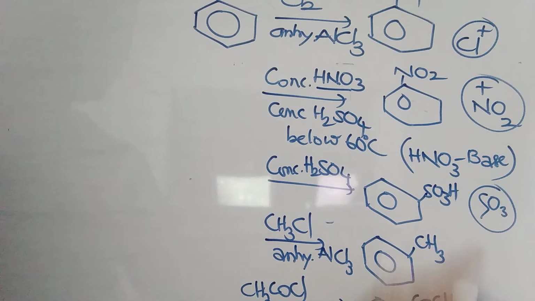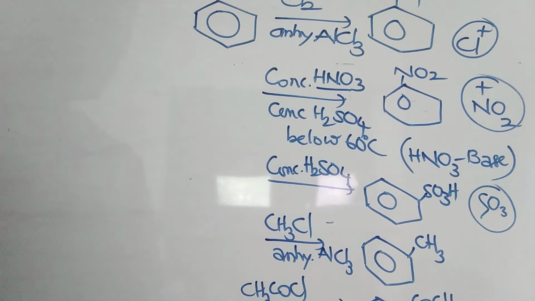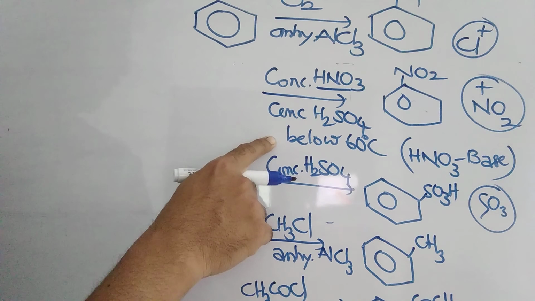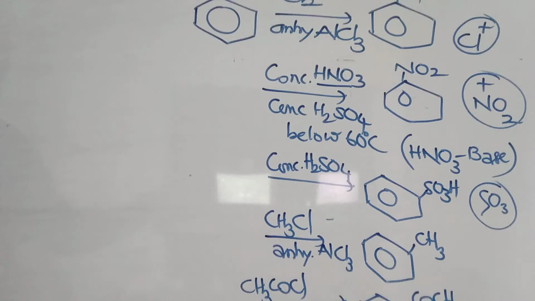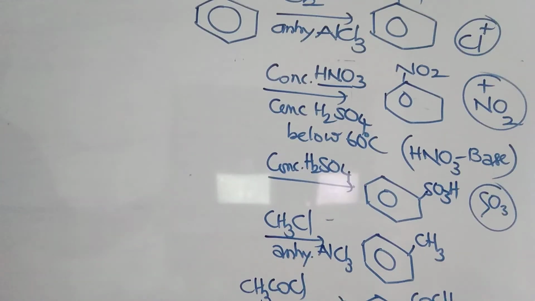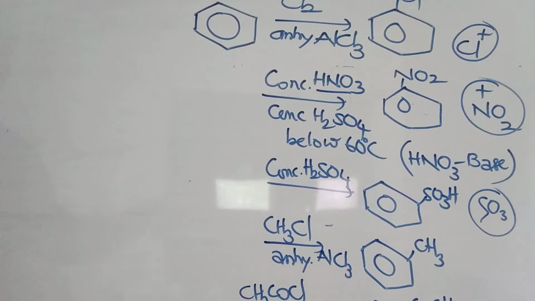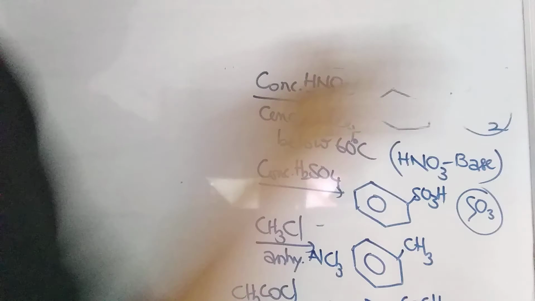Two interesting lines. One is that we are using a neutral electrophile. Second is that in this case HNO3 is going to be a base. It must be below 60 degrees Celsius. When it reaches up to 60 degrees Celsius, it will convert into m-dinitrobenzene. That is one important point. The last reactions are Friedel-Crafts alkylation and Friedel-Crafts acylation.